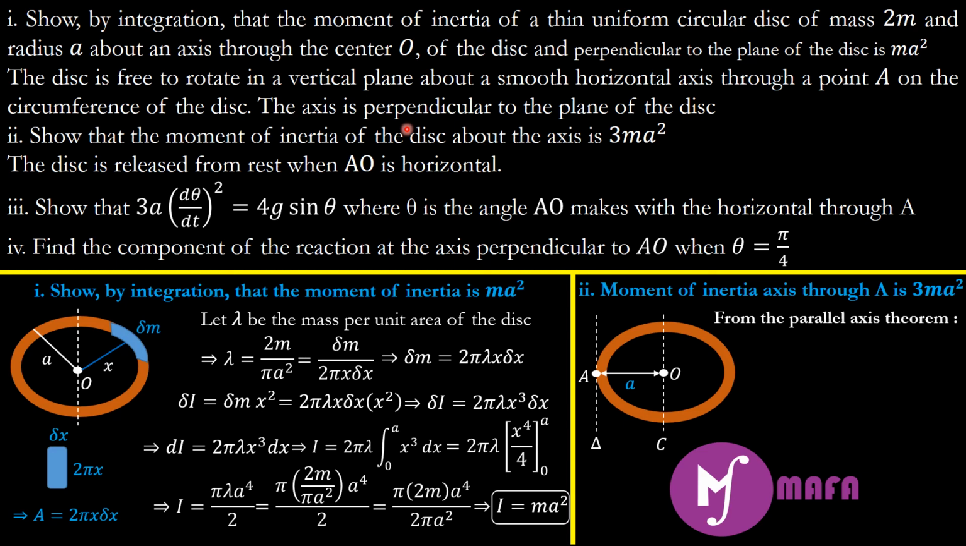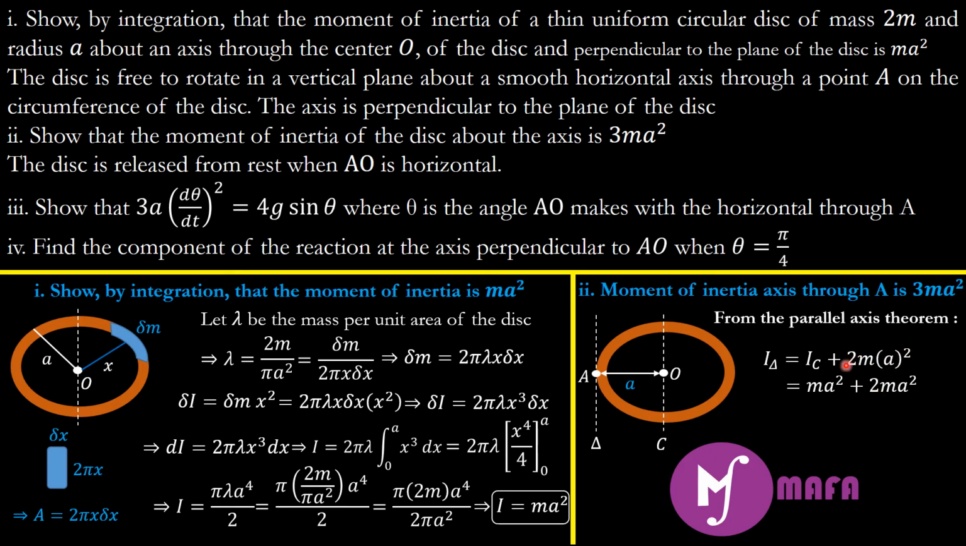Now we are going to use what we call the parallel axis theorem to find the moment of inertia of this disc about the axis passing through A. That theorem says that the moment of inertia of the disc about the axis passing through A is equal to the moment of inertia of the disc about an axis passing through the center plus the mass of the disc times the square of the distance separating the two axes. From there, we have already gotten that the moment of inertia of the disc about an axis passing through the center is ma squared. So we need to add it to 2m, because 2m is the mass of the disc,